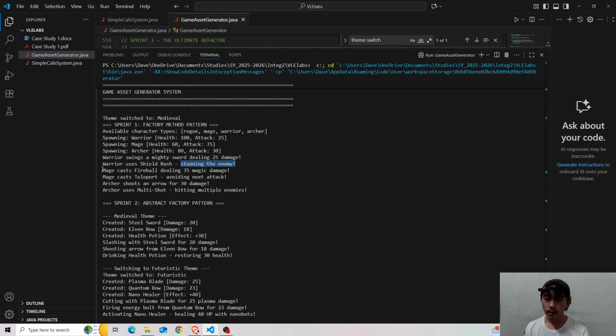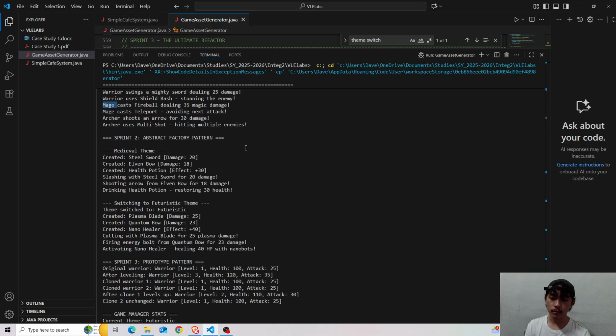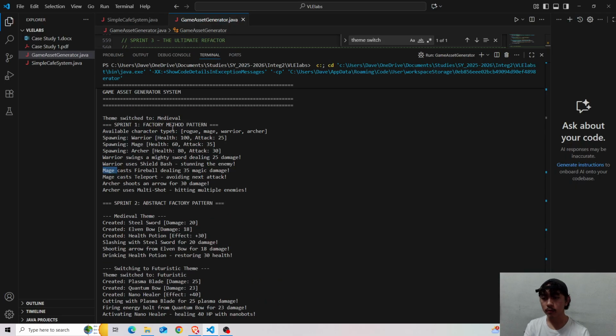The mage and archer characters also have different attack styles: casts fireball, casts teleport, 35 magic damage; shoots an arrow for 30 damage, uses multi-shot. That's it for sprint 1.